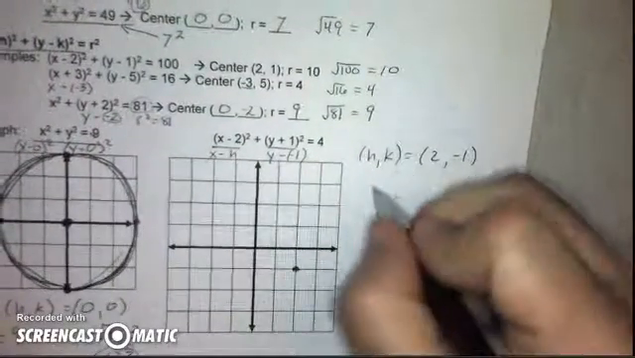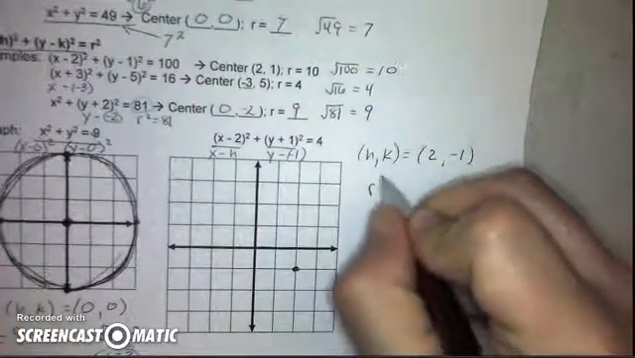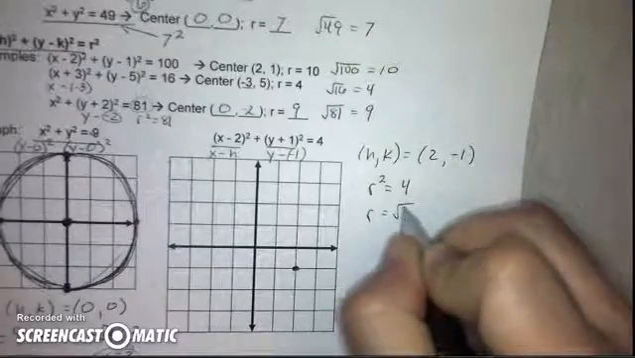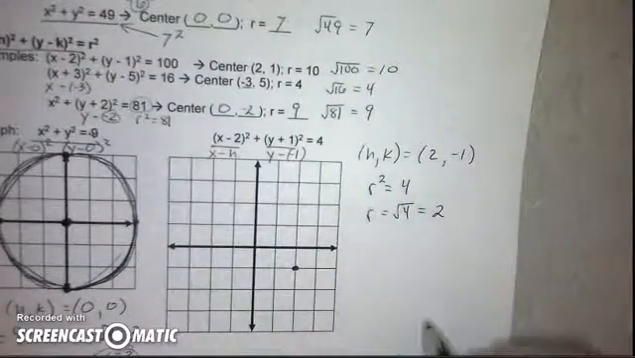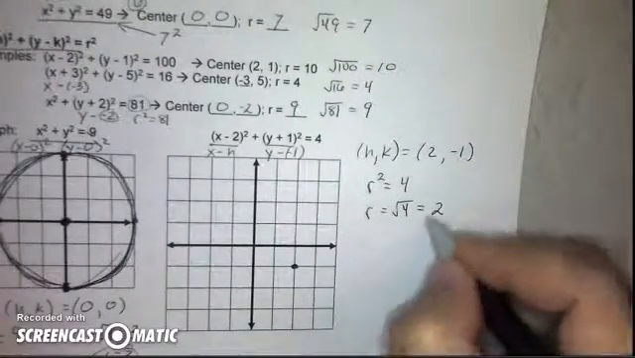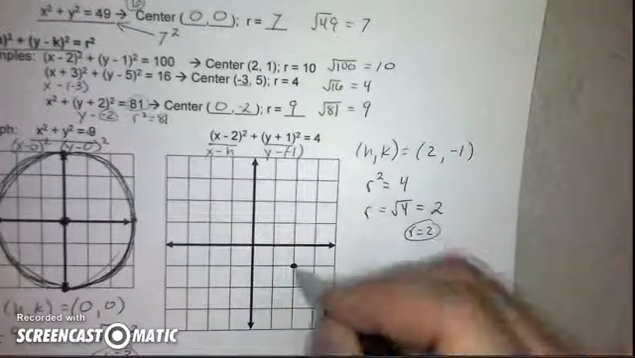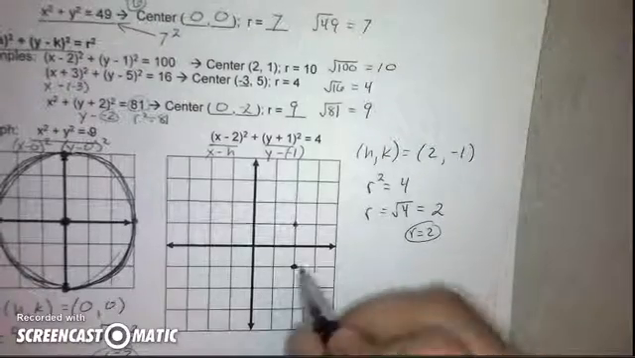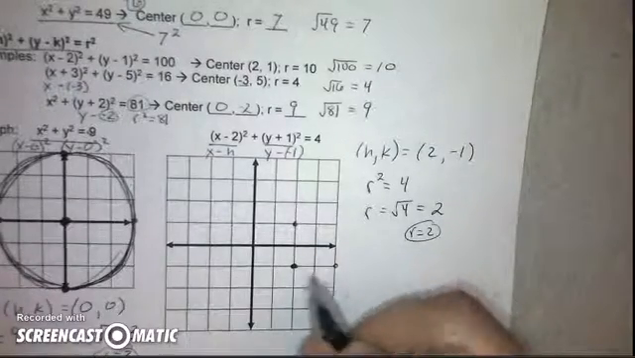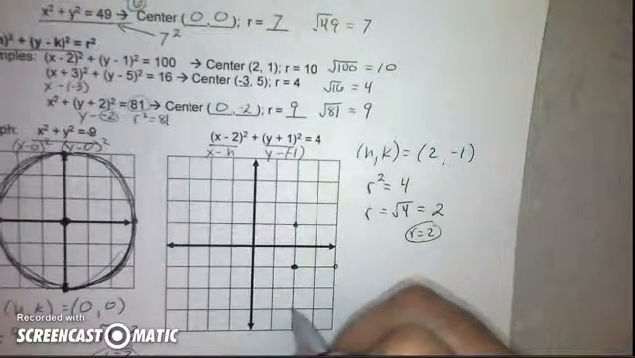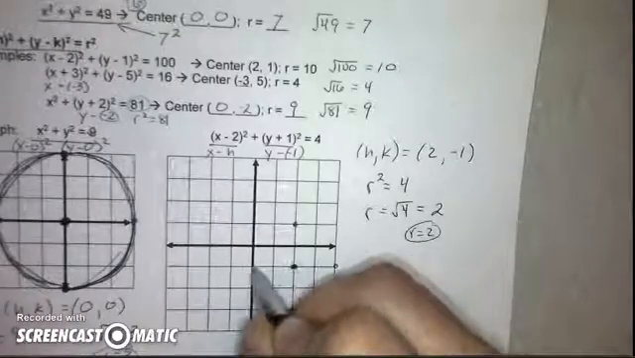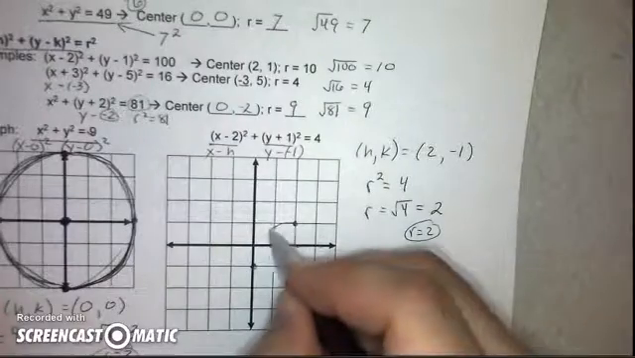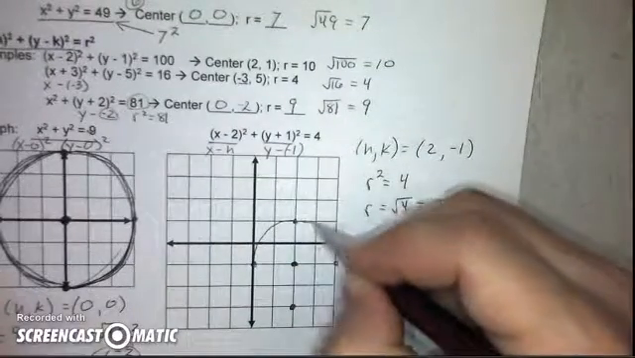Now, we need to find the radius. Well, the radius squared, r squared, is 4, so the radius is the square root of 4, which is 2. That means from that point I can go up 2. From that center I can go to the right 2. From that center I can go down 2. And from that center I can go left 2. So there are the 4 points on your circle, and again, just try and fill in the 4 parts of your graph